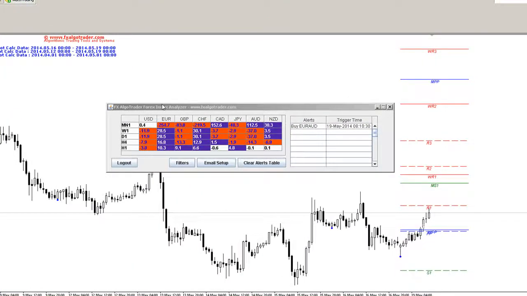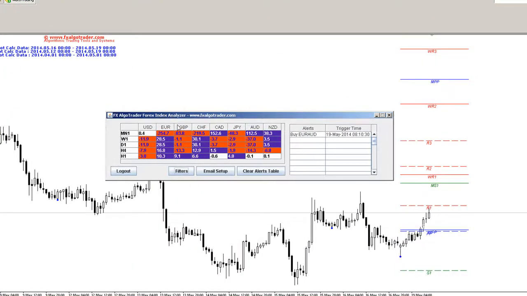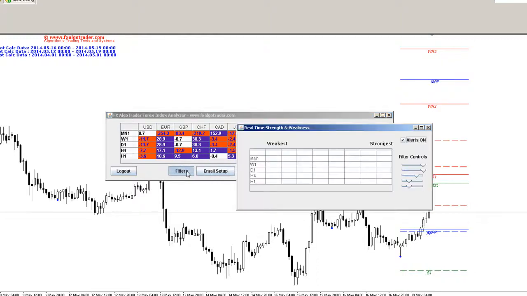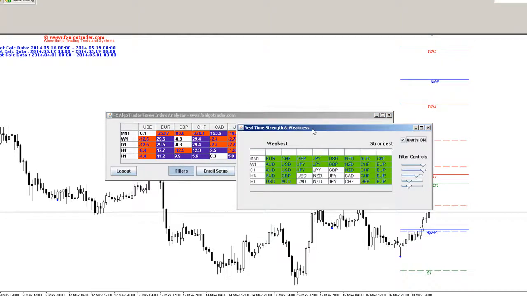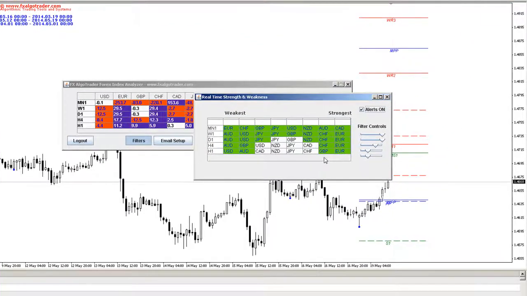We can see here this is the real-time FX Algo Trader Index Analyzer, and what we're seeing here is an alert telling us that the Euro Aussie dollar may offer us some long potential. If we look at our filters that we've used to derive this alert, you can see here the areas in green are the filter criteria we're looking for. So basically anything which is all green